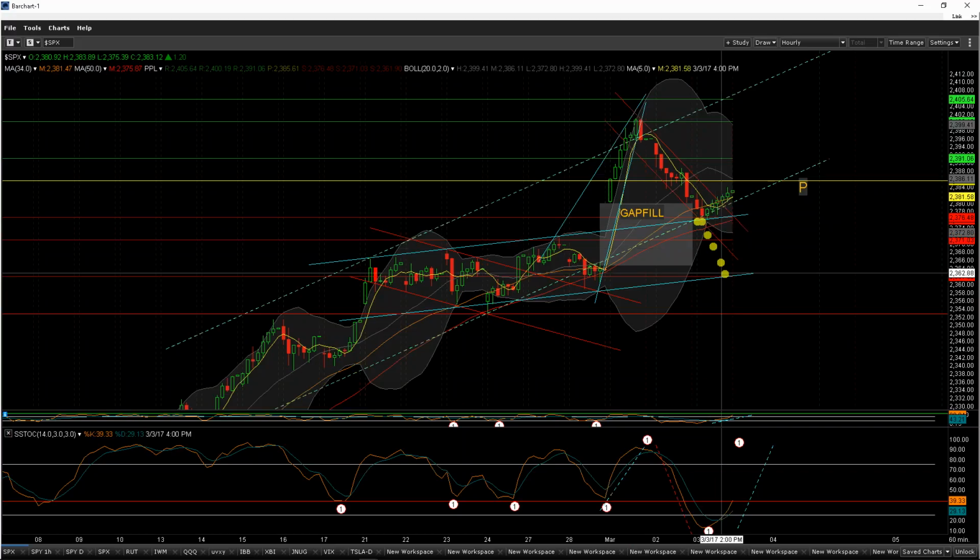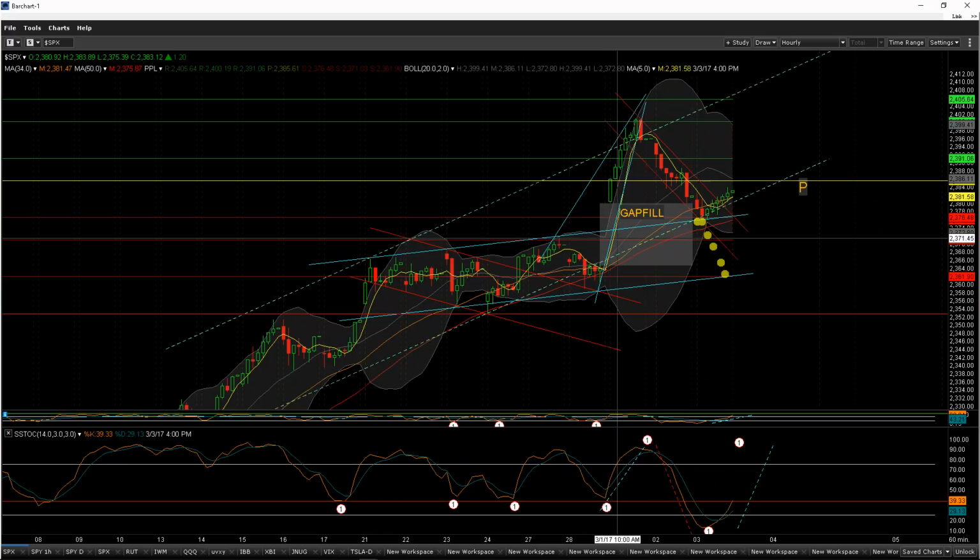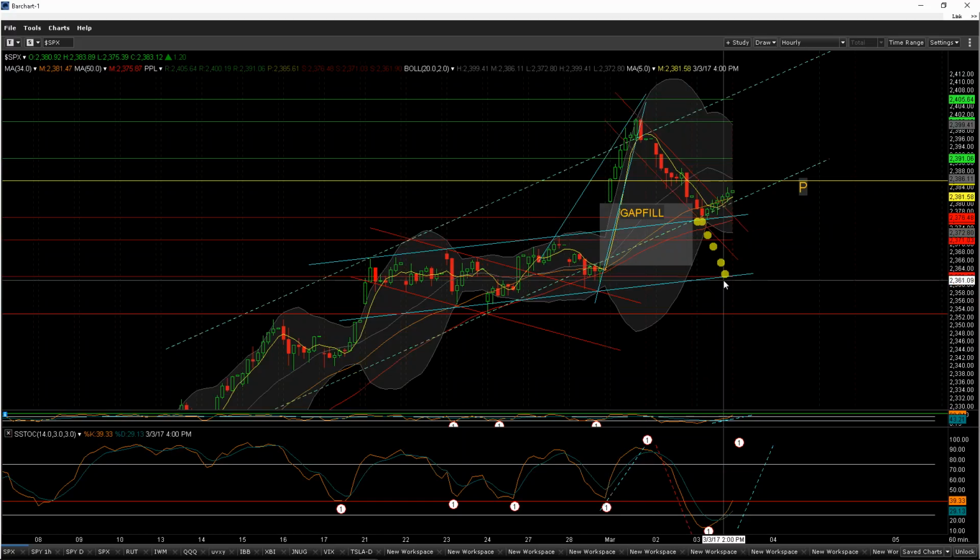This would be considered S3. That's the third red line. This is S1, S2, S3. And if we broke S3, which can happen, overshoot, you can go all the way down towards a critical support, which would be down here. Why do I call it critical support? Because one, that was a big reversal candle here of this random move down, opening low. Then we had